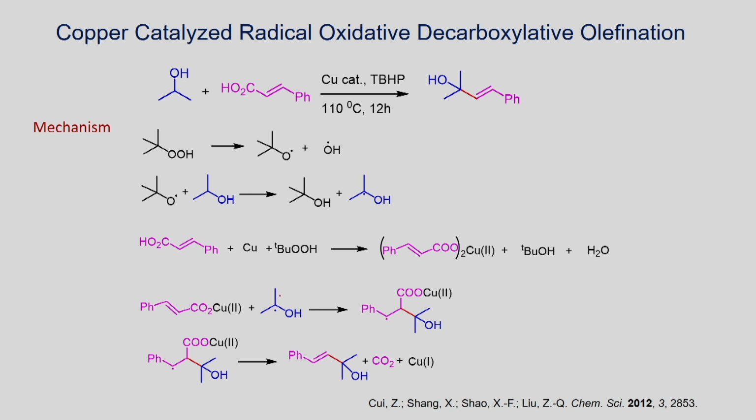Now, let us look at another example. If you look at the earlier one, we had the nitrostyrene. Here also you have the cinnamic acid. In the earlier case, we have seen the involvement of the benzyl radical. If you have toluene, you can react it with the radical and form the benzyl radical that leads to addition, and you get the beta alkyl styrene derivatives. Here the reaction of isopropanol with the cinnamic acid is shown using a catalytic amount of copper and tertiary butyl hydroperoxide as oxidant.